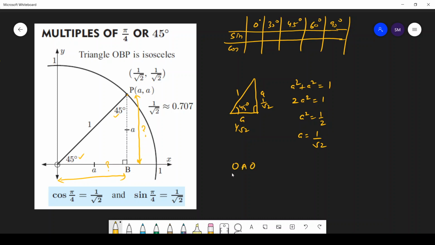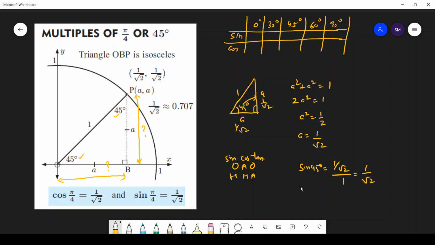Now open the unit circle and use this sine, cos, tan table. So what will be the value of sine 45 degree? That is opposite side upon hypotenuse. What is the opposite side to 45 degree? The opposite side is 1 by root 2. What is the hypotenuse? Hypotenuse is 1. So 1 by root 2 upon 1 is